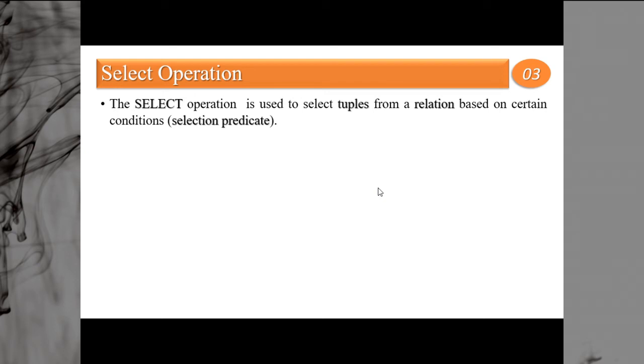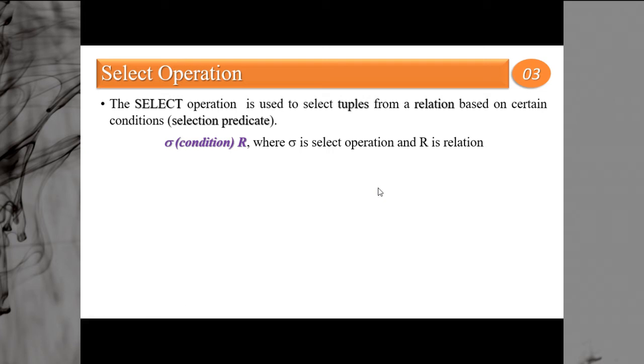Suppose you have a relation of students with the details of students, and you want to find the details of those students who were absent in a particular exam. All the students were not absent; there are a few students who were absent. So selection is basically finding the names of those students who were absent in the exam. It is usually represented by the symbol sigma, then you specify the condition, that is your selection predicate on the basis of which rows will be selected, and R, where R is the relation.